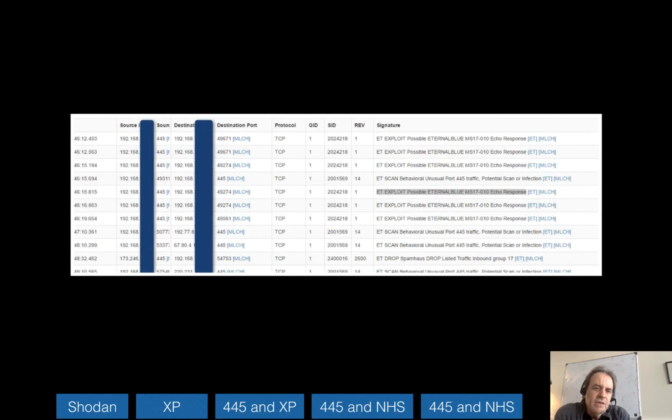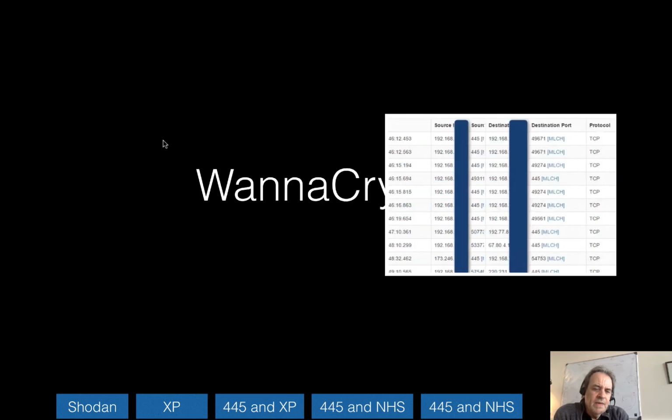So there were intrusion detection signatures set up, and they focused on detecting port 445 as the way that the malware propagated.